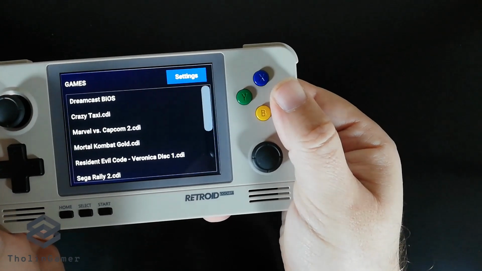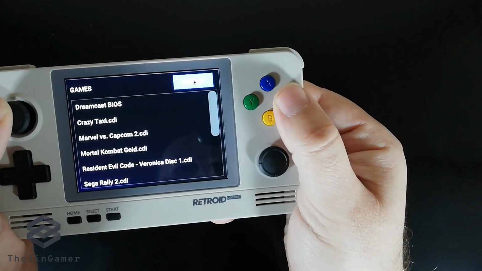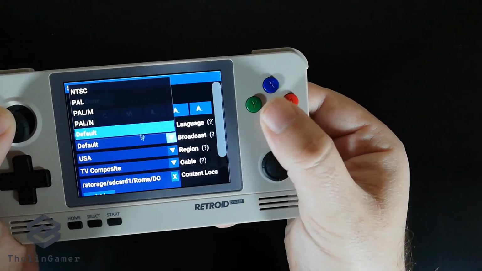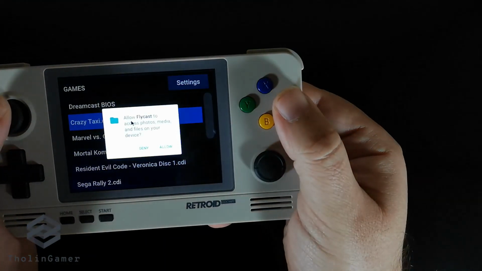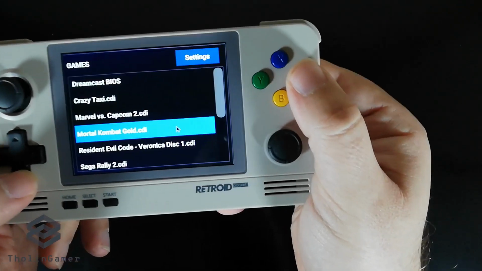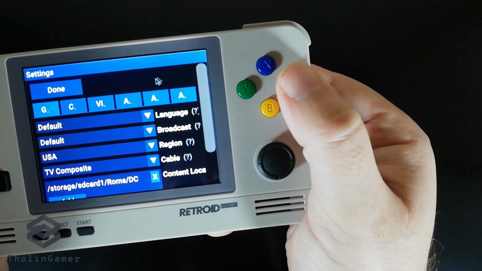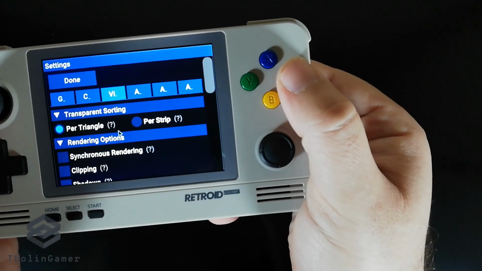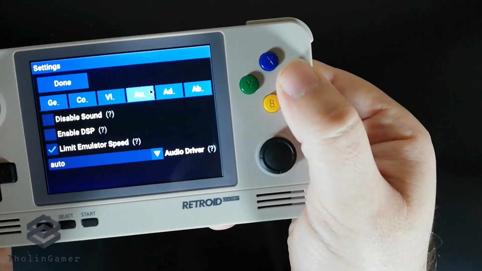Now, the most common emulator for the Sega Dreamcast is Flycast, that you can find pre-installed in the Retroid Pocket 2. I am not a huge fan of this emulator, mostly because I do not like its user interface. It's a bit complicated with a lot of acronyms and settings to mess with, and honestly I don't really enjoy the experience of Flycast. But nowadays we can take this great emulator and use it in another user interface, and of course I'm talking about RetroArch.